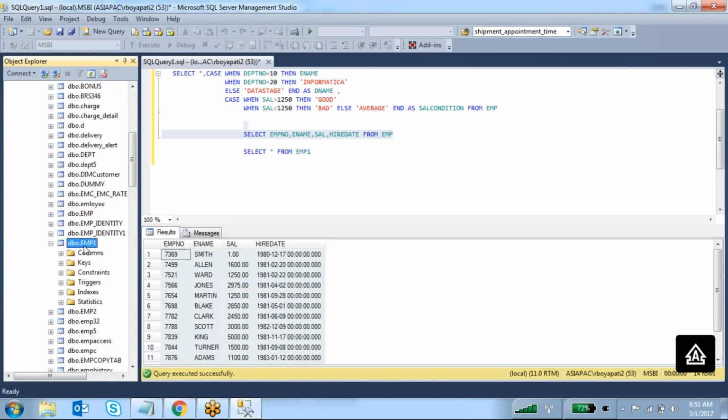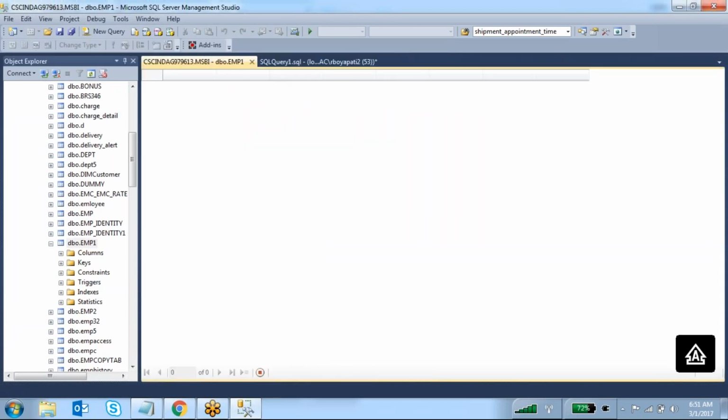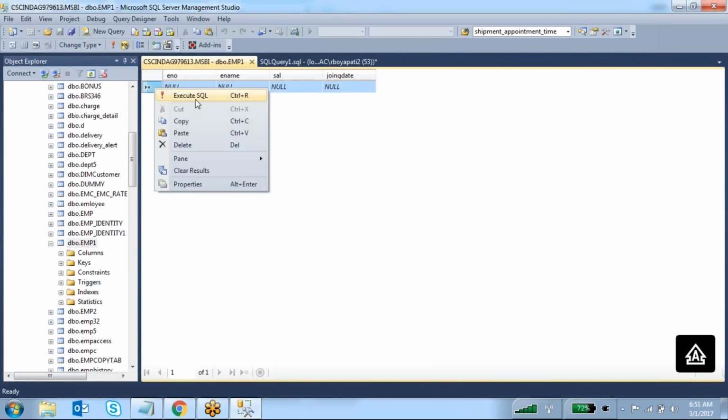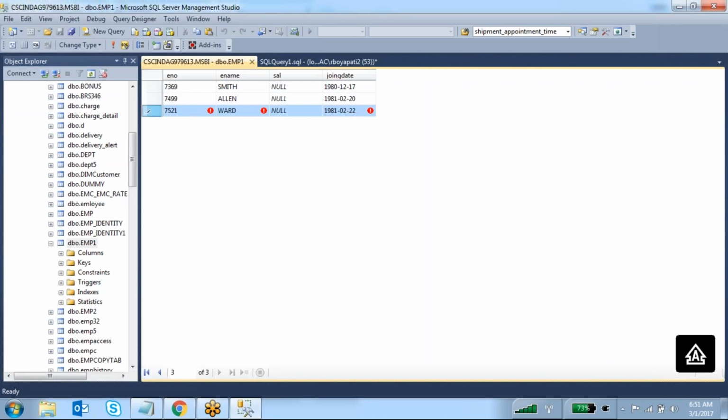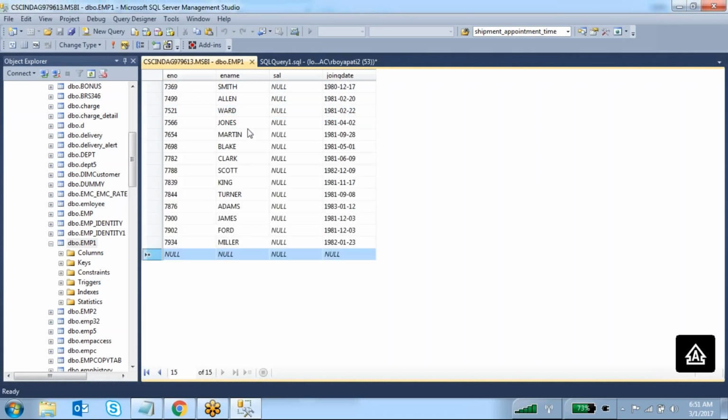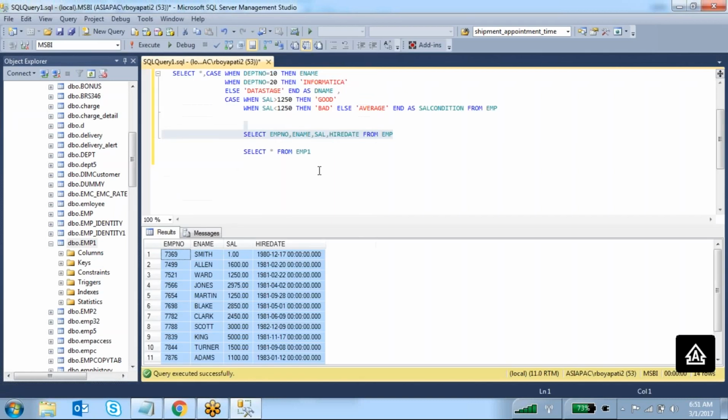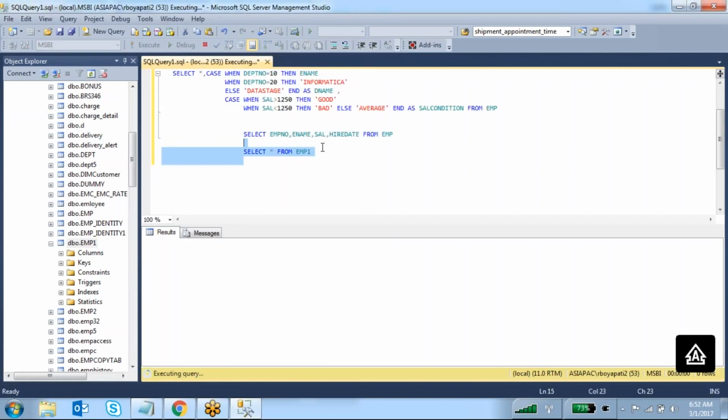Right click, edit top 200 rows, click over here, right click, paste. Done. Just close it. We'll check whether it is loaded or not.